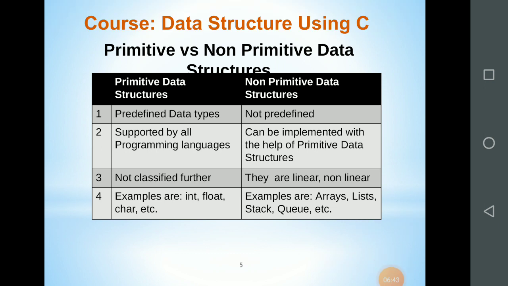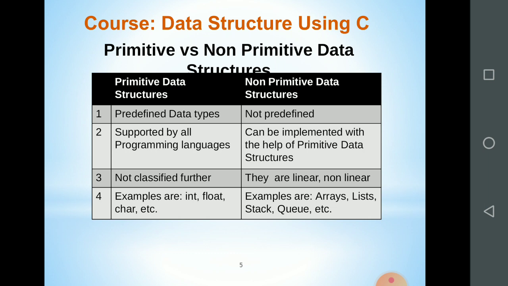Non-primitive data structures can be implemented with the help of primitive data structures. So all programming languages support primitive data structures, and with the help of those we implement non-primitive data structures.